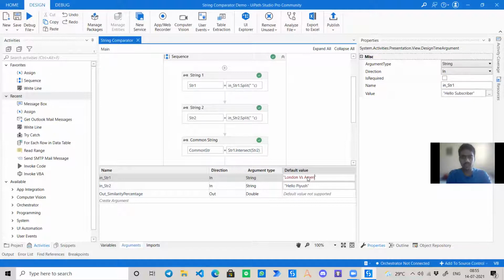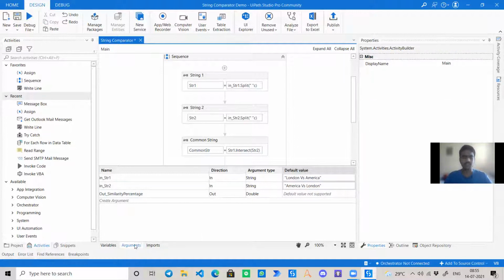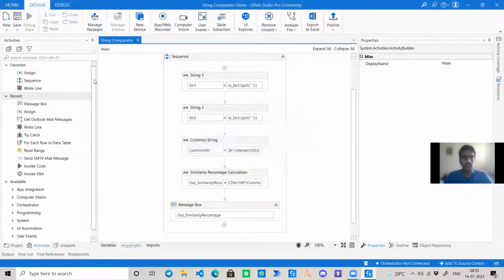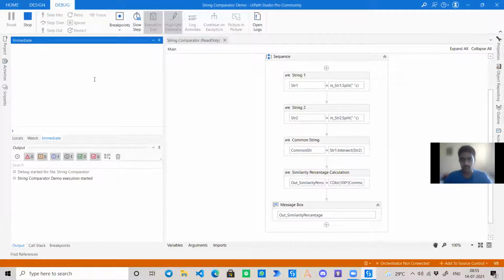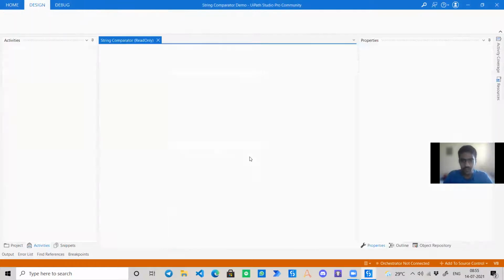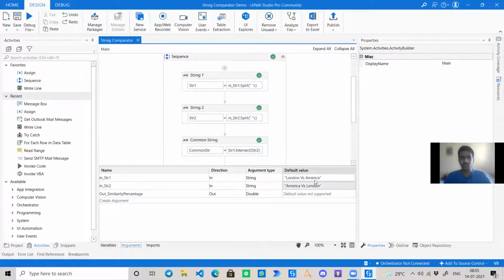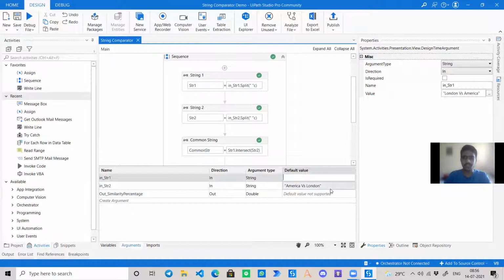Now let's try something else, like say London versus America. Now I am going to write a similar string, but not exactly same. America versus London. So for us as humans, these two are just the same thing. We are just comparing London and America to each other. So let's see how the bot thinks about these two strings. Are they same? Yes. So the bot gave us that it's 100% same, just like any human would do. And that's the main motive behind this, we just help the bot mimic the human actions. So this was the particular component that I wanted to build.